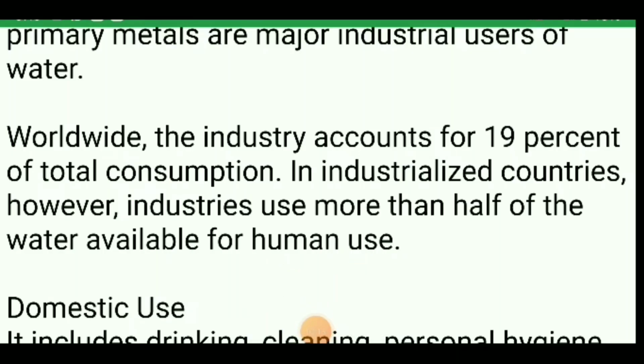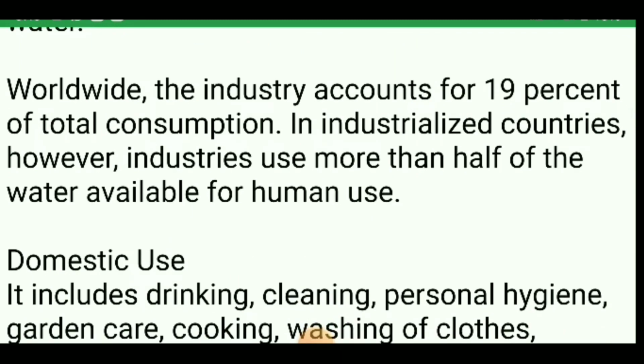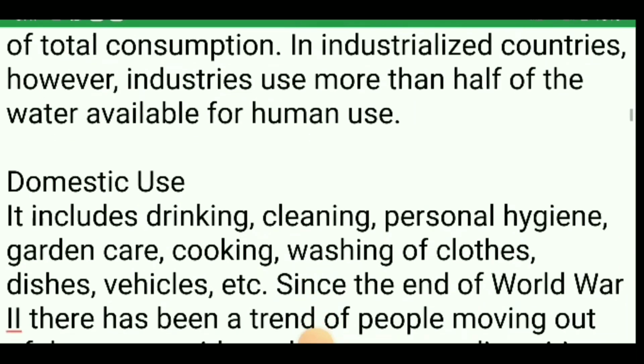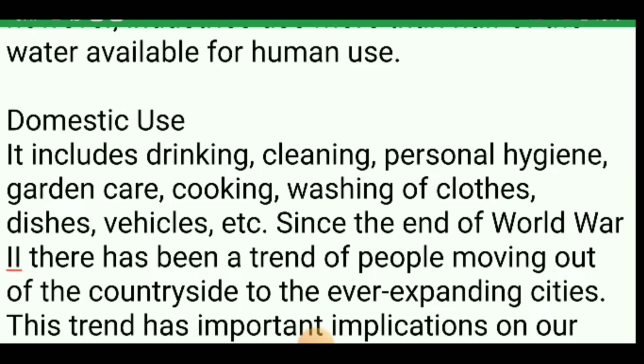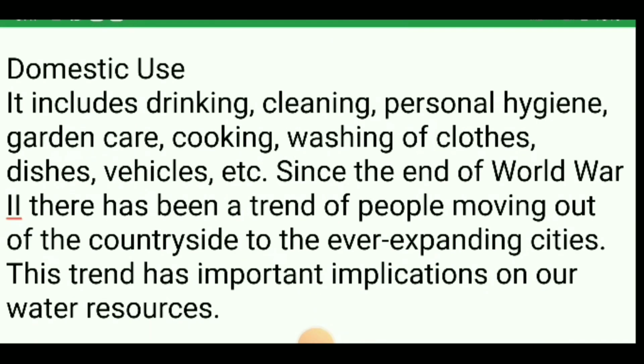Student, worldwide, the industry accounts for 19% of total consumption. In industrialized countries, however, industries use more than half of the water available for human use. Now let us discuss the domestic use. It includes drinking, cleaning, personal hygiene,